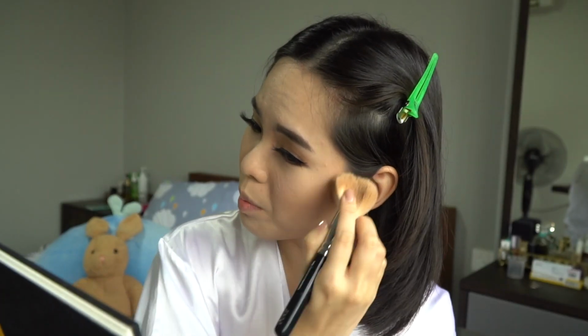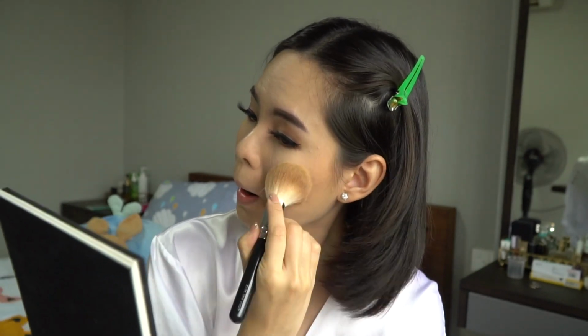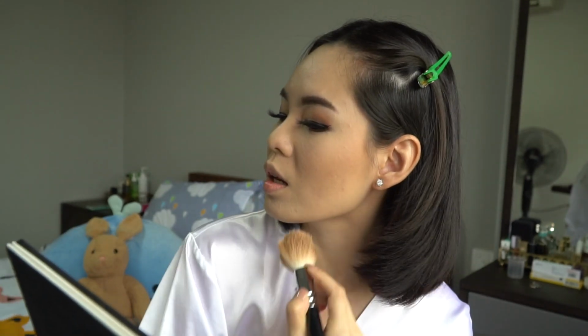Foundation. I don't know if you can see. You want to contour just right below your cheekbone. Don't pull it down too much because it will drag the face down. Just right under your cheekbone. Okay. And then your jawline a little bit. And then a little bit on your forehead. If you have a small forehead, I don't think you need this contouring the forehead thing, but you can see